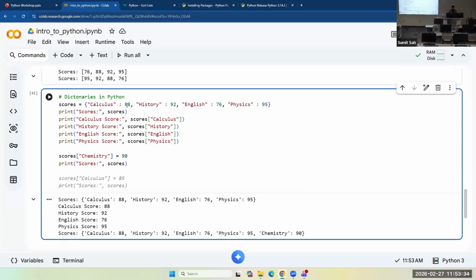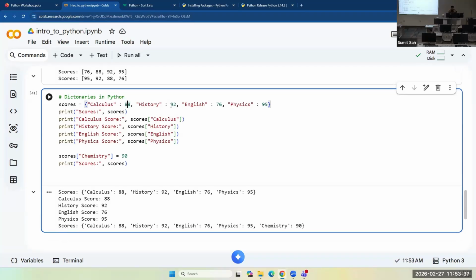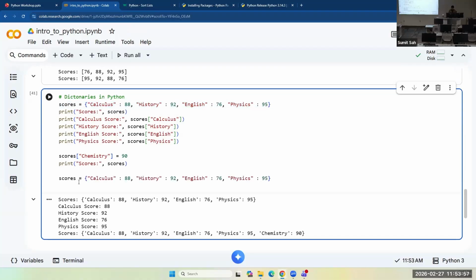This is just for one exam score, right? Let's say each subject can have different scores for exam 1, exam 2, and exam 3. You could have a dictionary key that is mapped not just to a single value, but to an entire list. So I'll say scores list, and each of these can be mapped to a list, not just single values. These will be the scores for different exams.